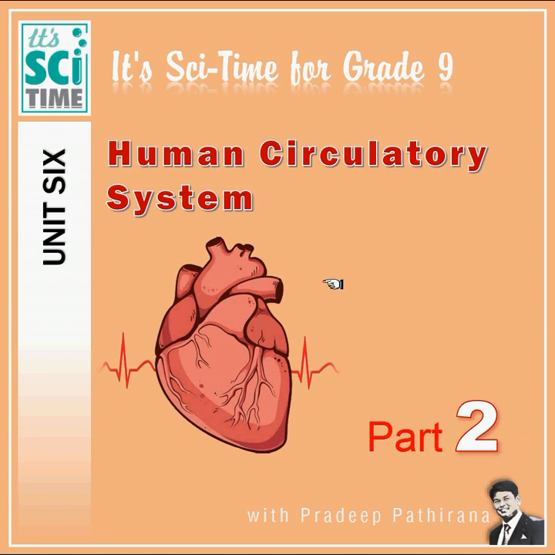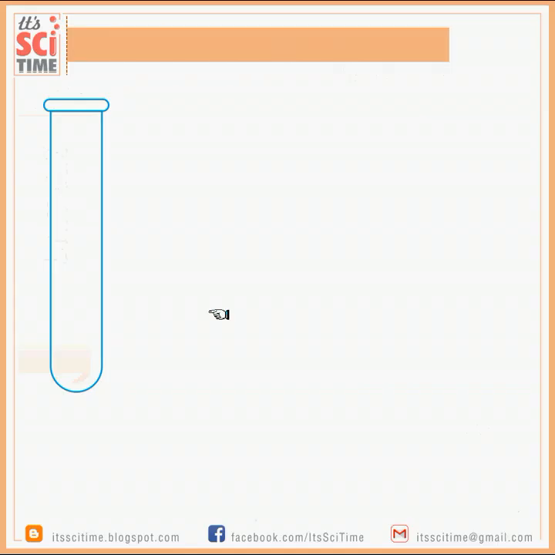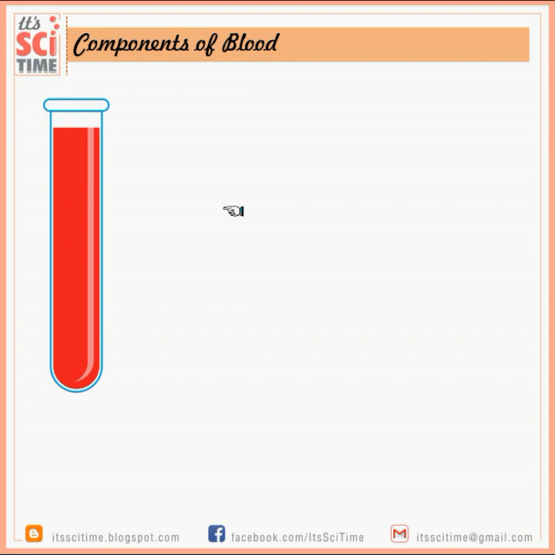It's about the medium flowing through these vessels, that is blood. So let's see the components of the blood. When we take blood to a test tube, we can separate the components by a special method. It is called the centrifugal method. It's just like turning inside a kind of device. So by the centrifugal method we can separate the components of the blood.